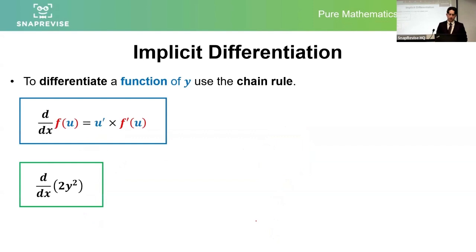So going back through this, implicit differentiation is effectively like a chain rule on y. So what this tells us is that if we're differentiating with respect to x a function of y, so let's say some function,